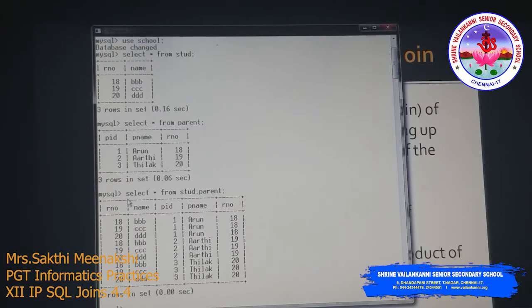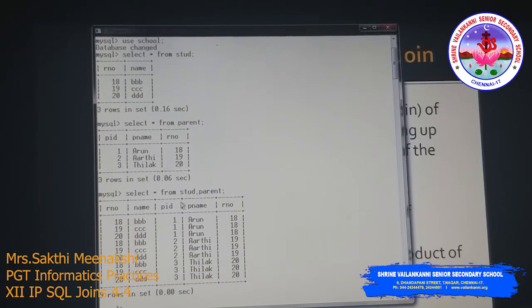In the resultant table, how many columns do we have? 1, 2, 3, 4, 5. This is the addition of these two columns: here we have two columns and here we have three columns, so in the final result set we get a total of 5 columns. For rows, here we have 3 rows and here we have 3 rows, so in the result we will have 9 rows, 3 times 3.